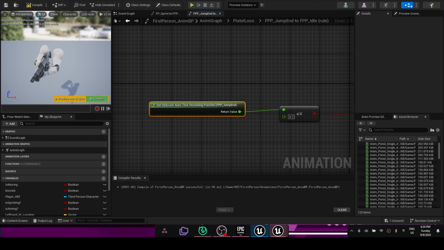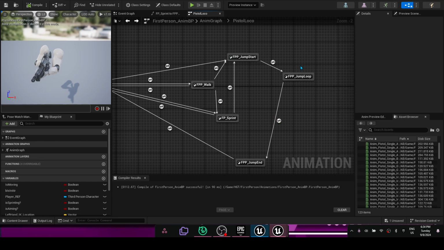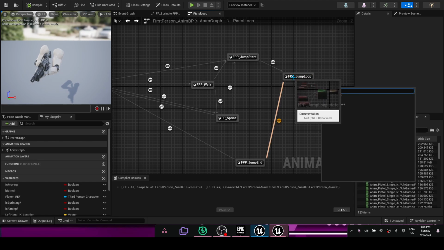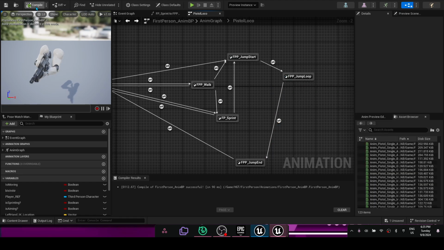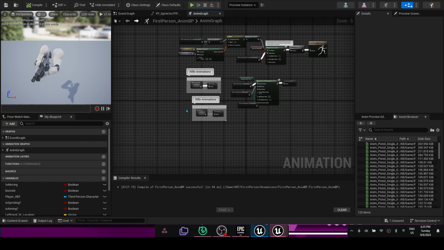I'm going to plug this in for now. It may or may not work the way I want it to. I may have to alter something, but we'll cross that bridge when we get to it. I think it's not recognizing the animation name and it's just pulling from here instead, so that could be the issue. Alright, so then we are going to go back to our